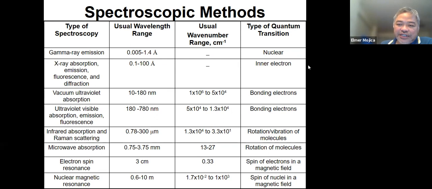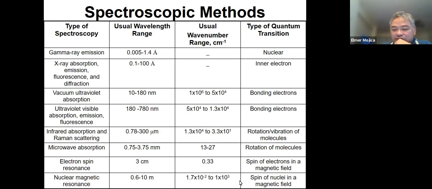And then we also have infrared absorption or Raman scattering. It's a much longer wavelength than the absorbance and fluorescence, and this is what we call vibrational spectroscopy. I have experience at least in vibrational spectroscopy and the absorbance and fluorescence spectroscopy. And then you also have the microwave absorption, the electron spin resonance, and the nuclear magnetic resonance,